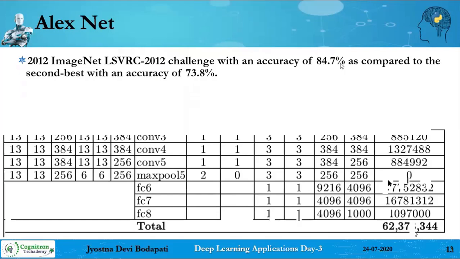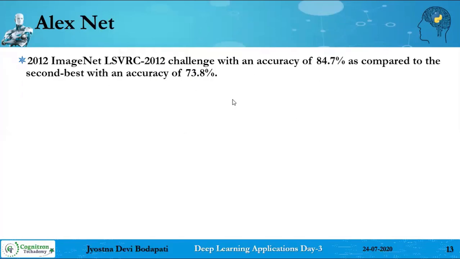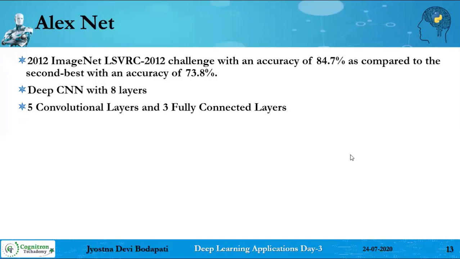But when it was compared to the non-neural network, that is, non-CNN architecture, the second place was only 73%. So you can compare these two models. More than 11% accuracy difference was there. So from there onwards, for visual recognition problems, better go for CNNs. That's all. As long as you have enough computational power and data, of course, the ImageNet data set is there, you can make use of that and you can create wonders.